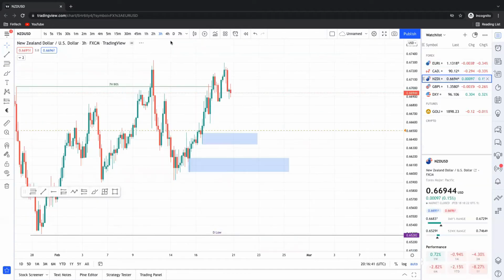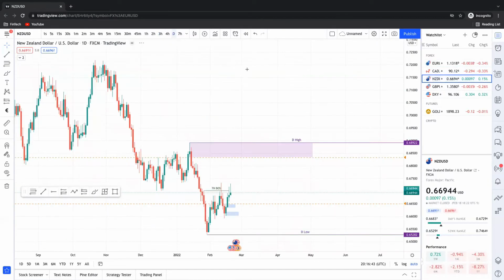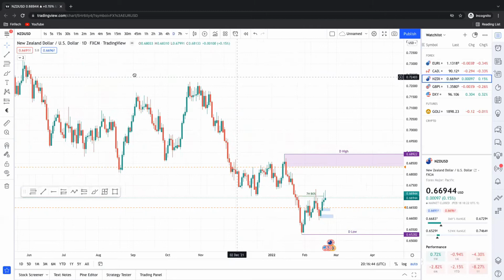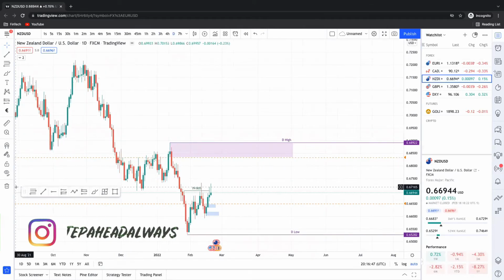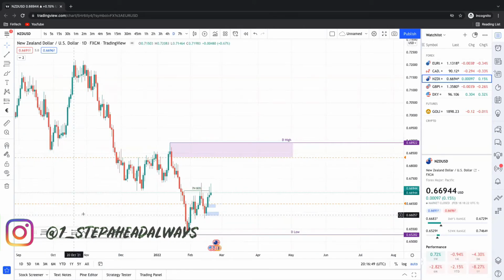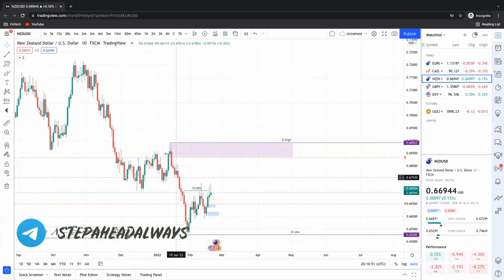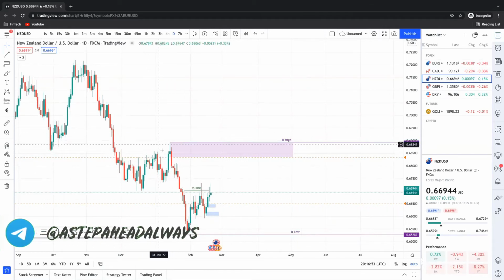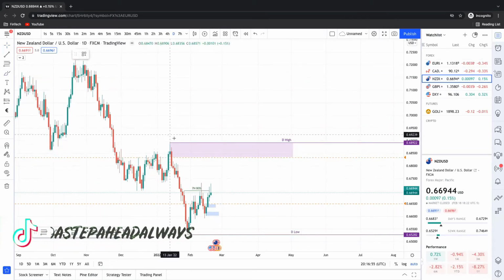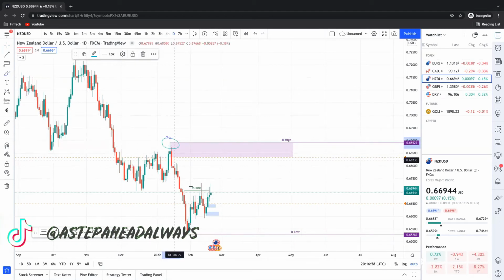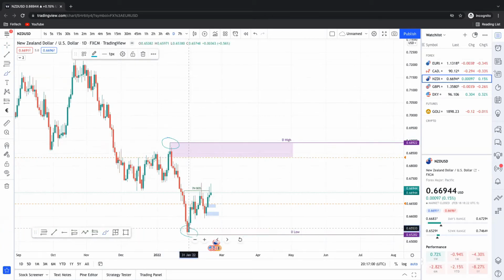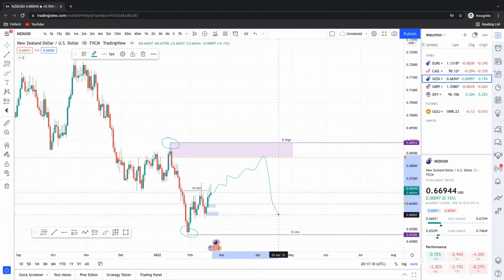Let's go for New Zealand dollar. I just marked it yesterday, I was doing some testing, but this is still valid, right? So this is what I'm looking at. First things first, we need to mark the daily lows and highs. So this is a low, this is a high, and this is a low. So we are within this range, right? And we just started the pullback, and we want price to come up here and then fall.